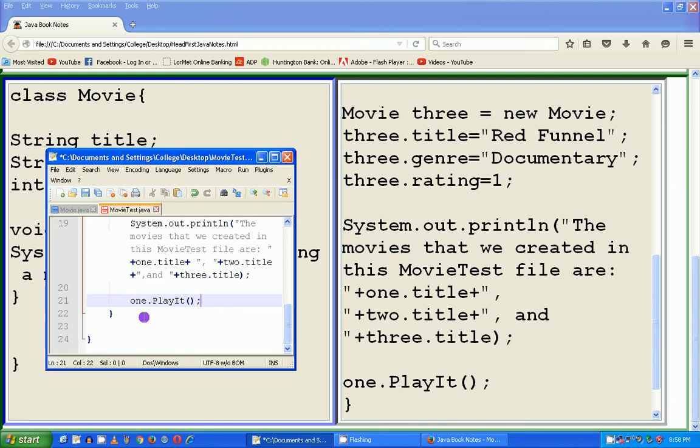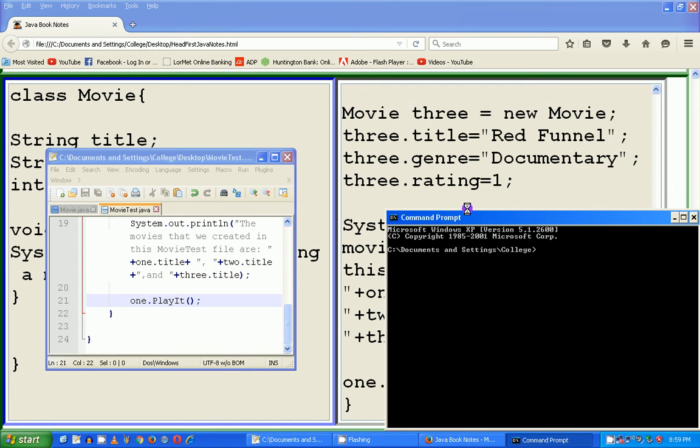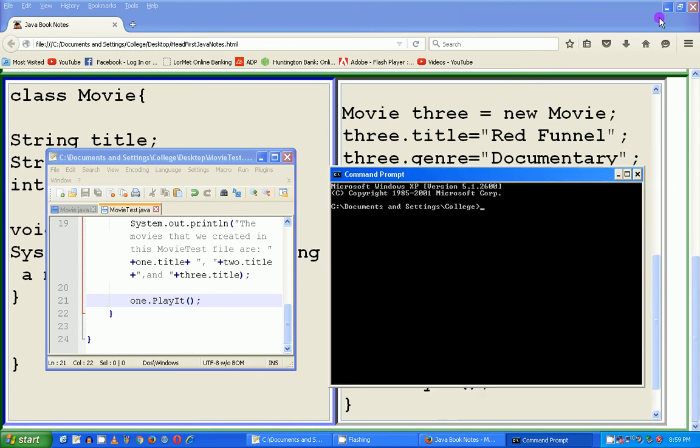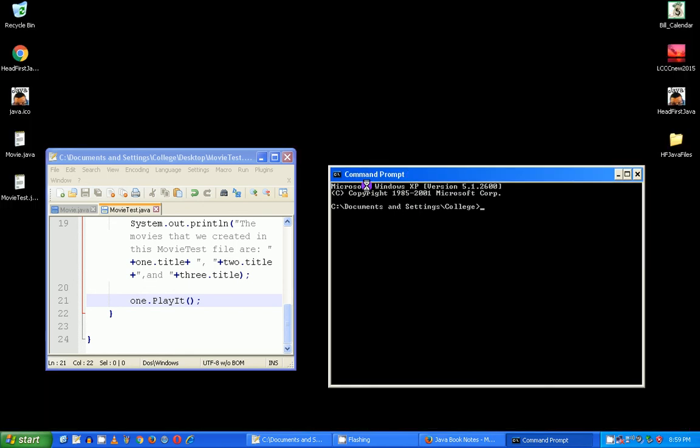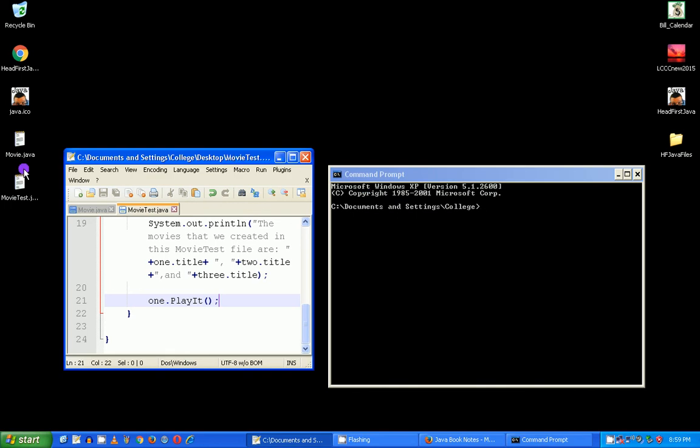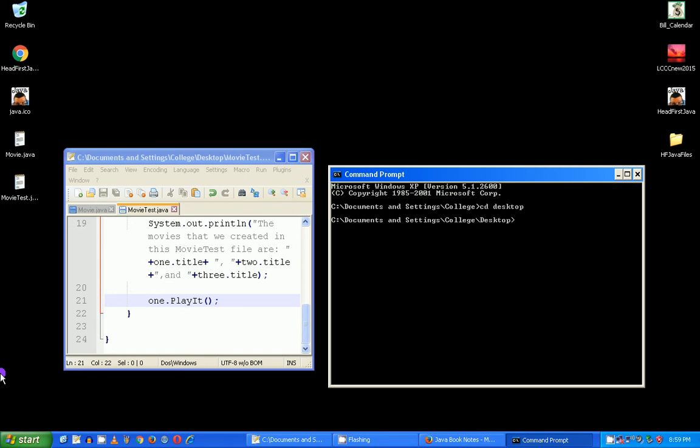All right. Now we're going to save that. Now I have both of these on my desktop. So now it's time to compile. As long as I didn't make any boo-boos, when I compile MovieTest, I should get a Movie.class and a MovieTest.class showing up right here on my desktop. So let's go for cd for change directory, and I'm going to change it to my desktop. Then I'm going to use the javac keyword for Java compile, and I'm going to type in the name